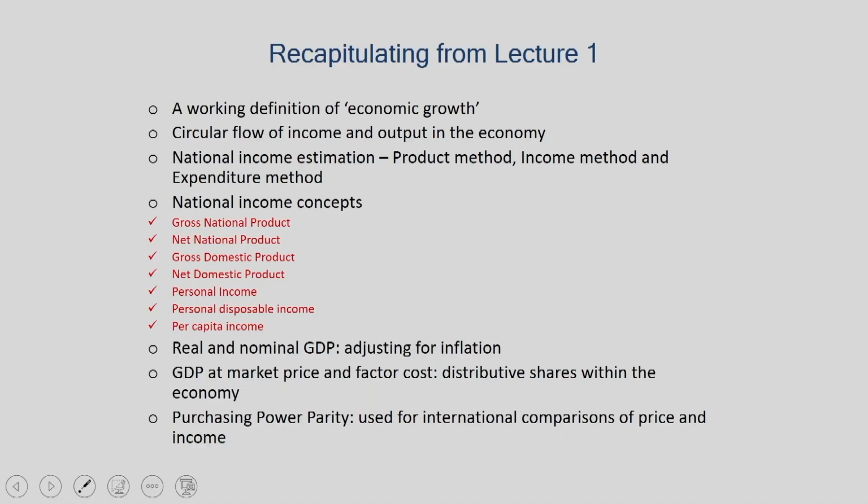In the last class, we studied a working definition of economic growth, which basically meant a sustained increase in the standards of living of people, which is usually measured in terms of income. We also looked at the circular flow of income and output in an economy. Usually there are many sectors in an economy, for example, the household sector, the firm sector, the government sector, the foreign sector. But to make things simple, we looked at a simple closed economy constituting the households and the firms,